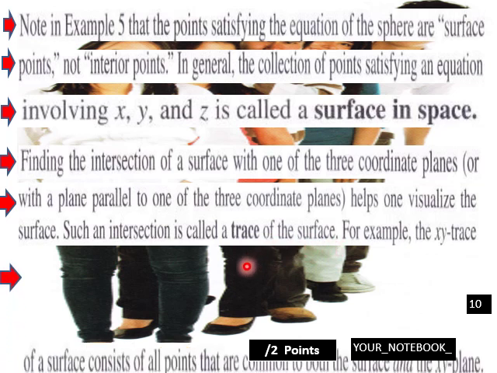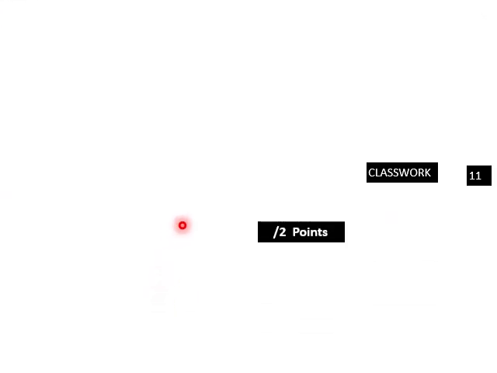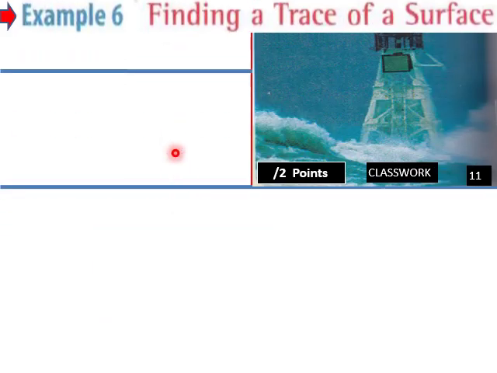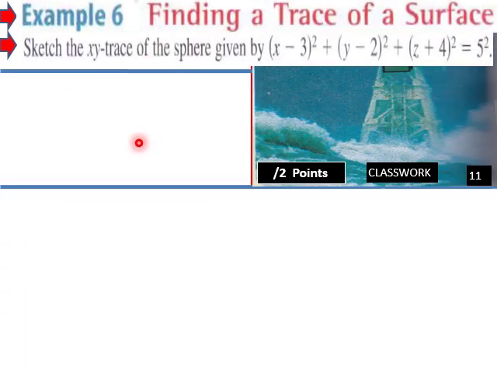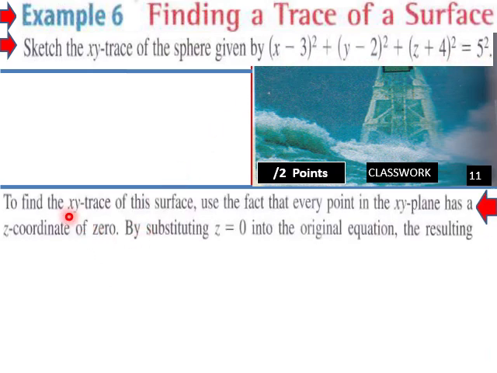For example, the xy trace of a surface consists of all points that are common to both the surface and the xy plane. So what would that look like? Finding a trace of a surface: sketch the xy trace of the sphere given by this equation here. So to find the xy trace of this surface,